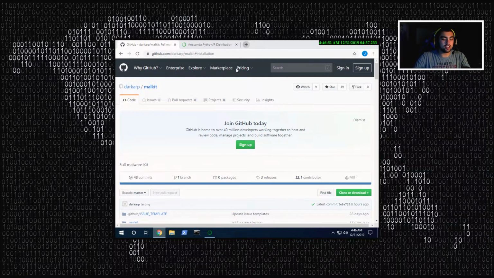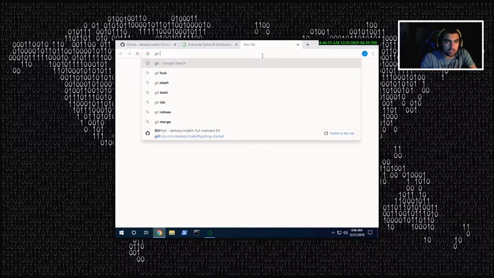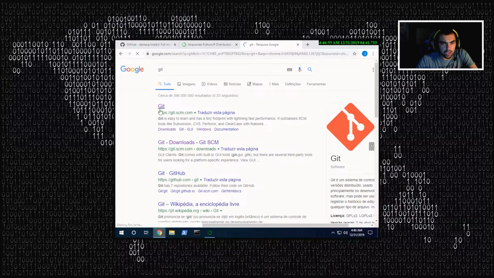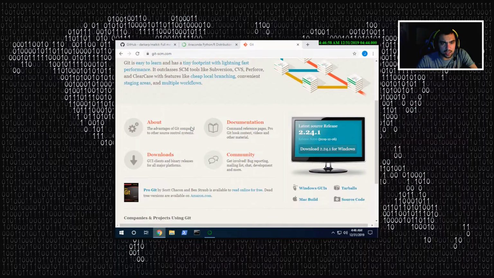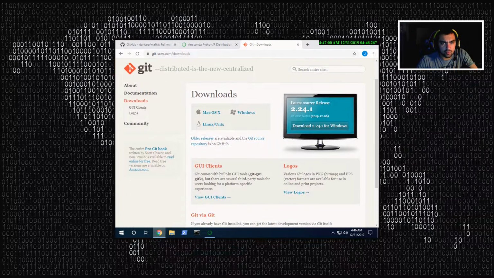But I'm going to install Git. It's just going to be easier. So I just type Git on Google and click the first result, click on Windows, and then you download it. Before you run the Git installer though,